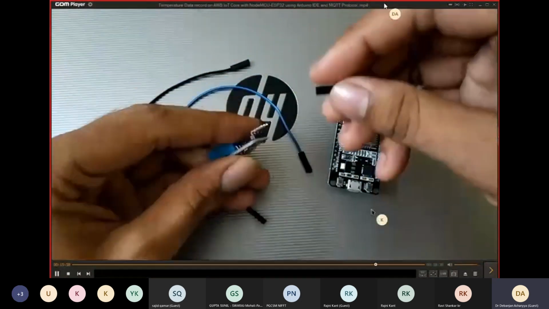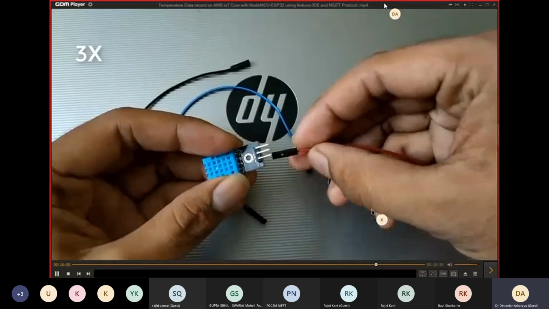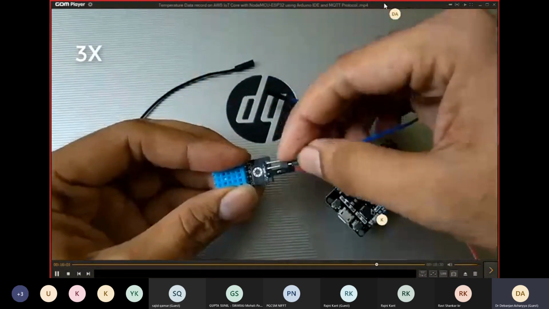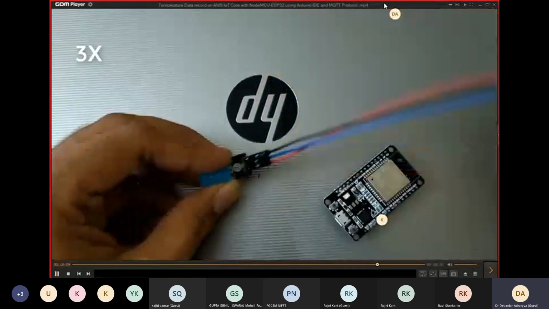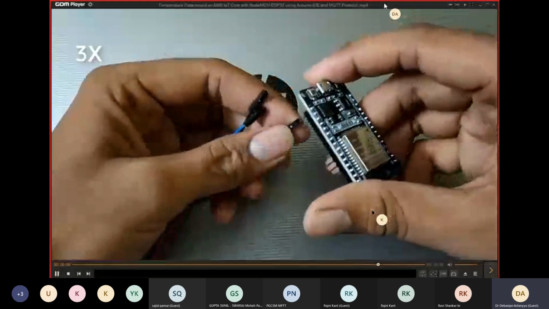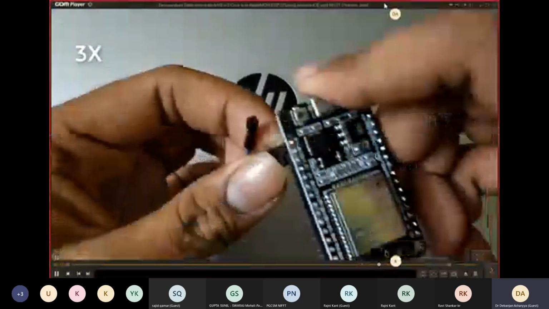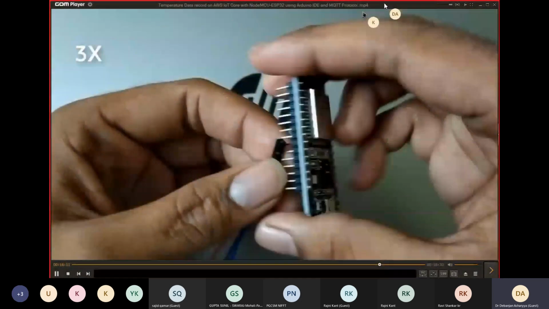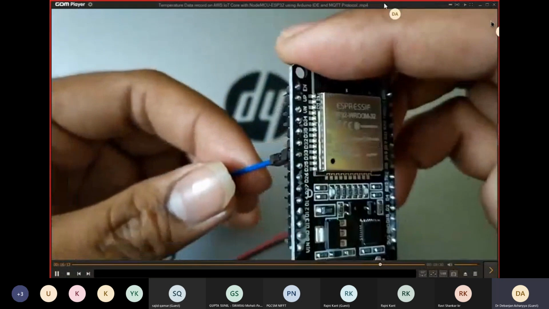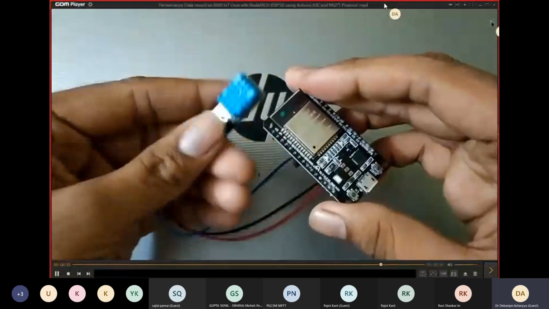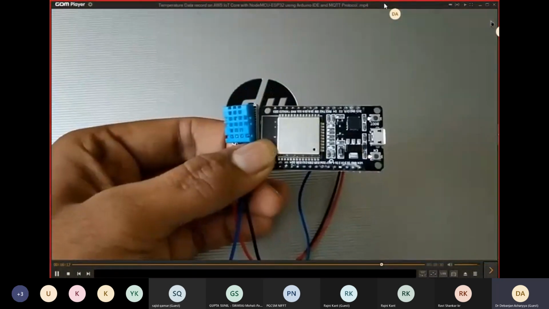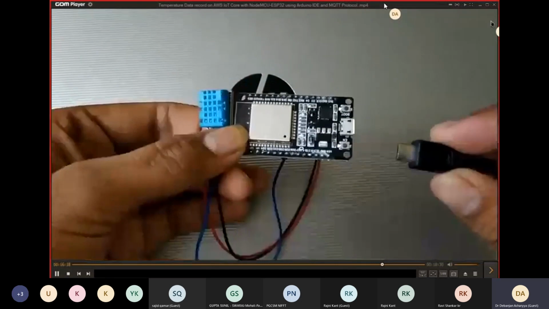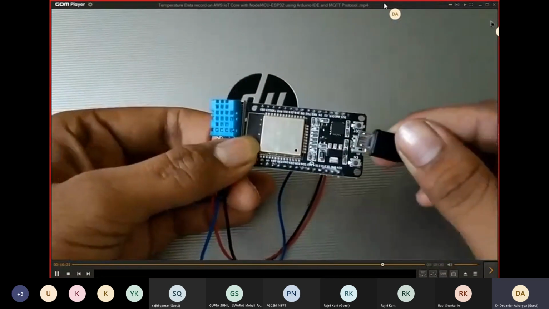And I'm taking a minute to connect it. Yeah, connection has been done. And connect your micro USB to the ESP32 module.